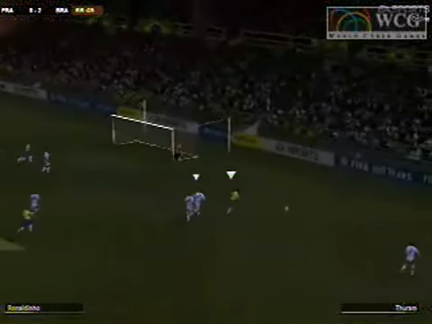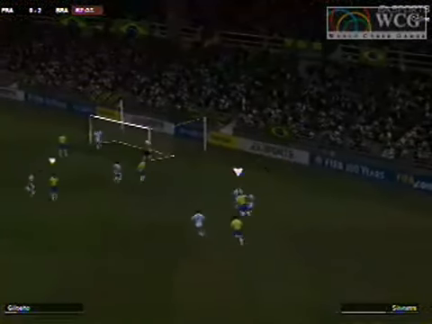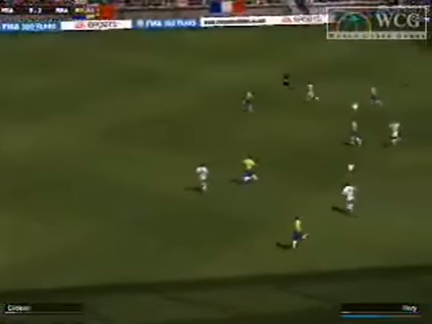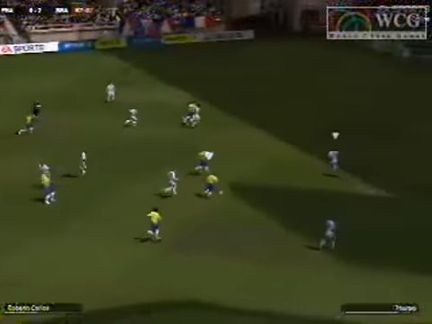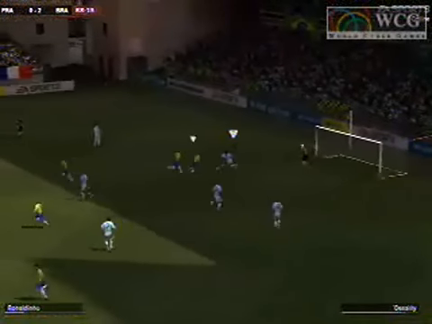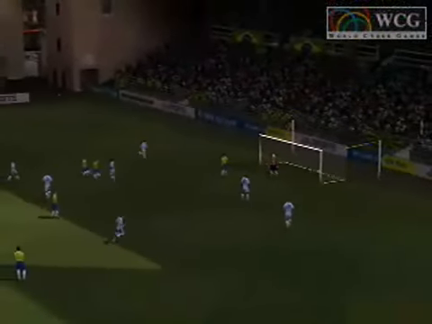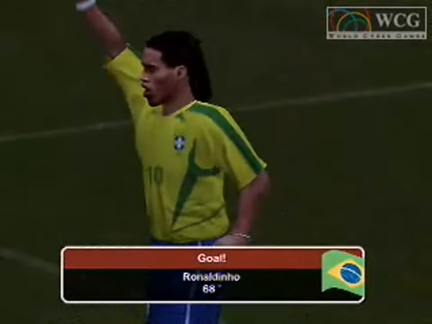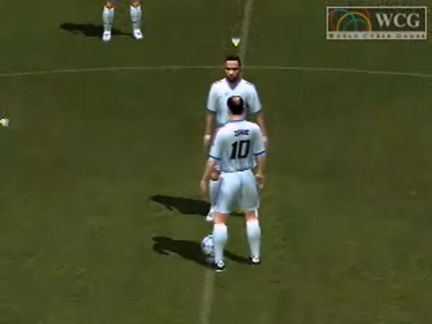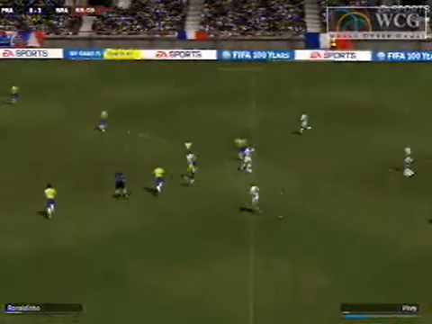A nice through ball to Ronaldo. Ronaldo's going to make the turn. Oh, a great challenge by Henry to break up another scoring opportunity for Brazil. But these Brazilians will not be stopped. And the shot, and fortunately for the keeper, goodness, folks, Ronaldo follows that up. The keeper had a chance to make the save. It went off the top bar.